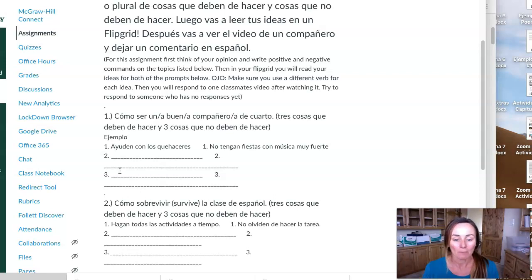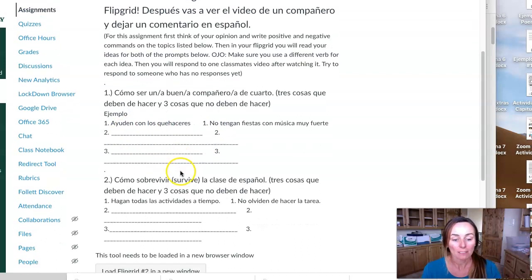And so, 6, no? So 6 different verbs you need to use there. So positive, things you should do, and then negative, things you shouldn't do. Bien? So most likely the only difference here is that the no is going to go before the verb. And then the same thing down here.